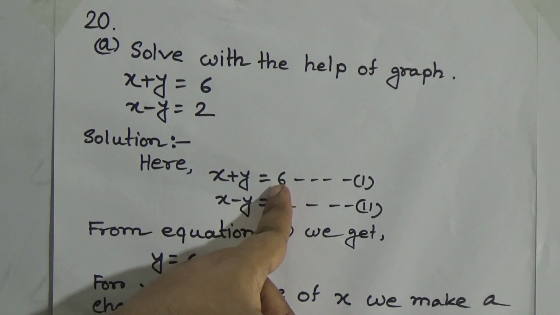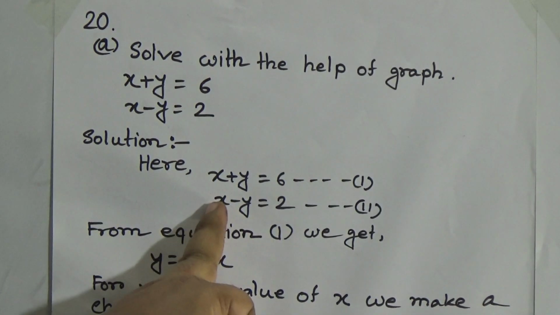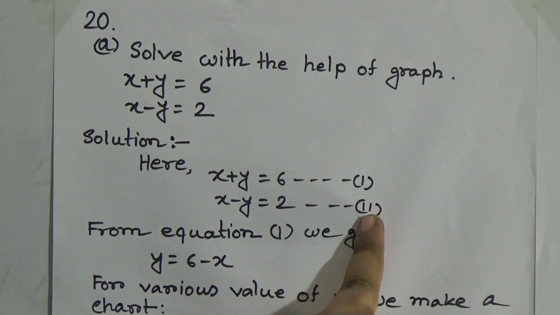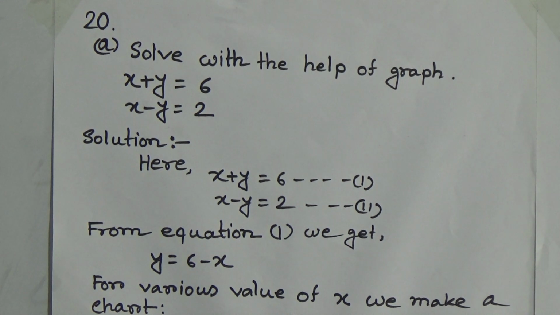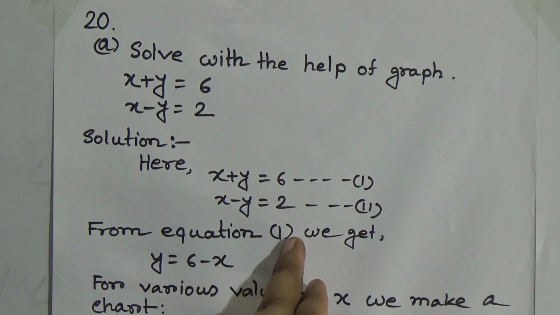This is the first equation. For this reason we give here equation number 1. This is the second equation, that means x minus y equal to 2, and I give here equation number 2. My dear students, at first we use equation number 1. So notice from equation 1 we get